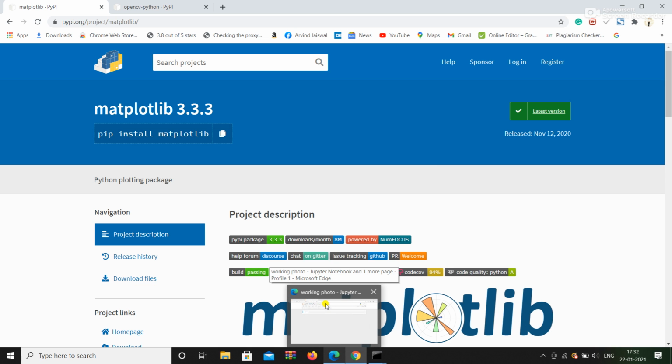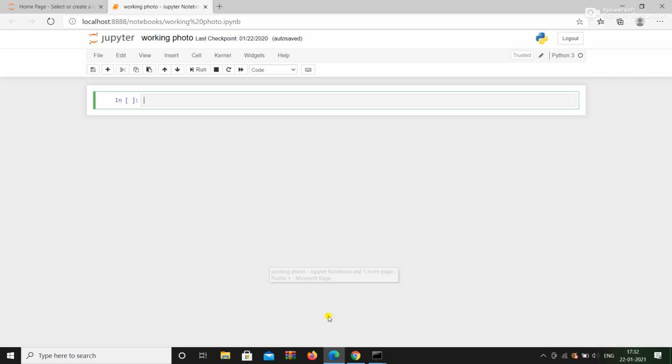In my case I use Jupyter Notebook. In your case, whatever IDE you like, you can use. Before we write the program, first of all, what are these libraries? In OpenCV, CV stands for computer vision. Basically computer vision works like our human visual system, and whatever we can do, we can do the same in a computer, and a webcam does this for the computer.